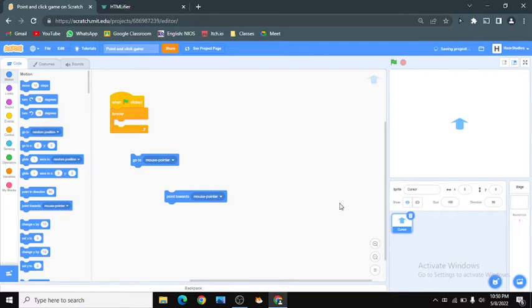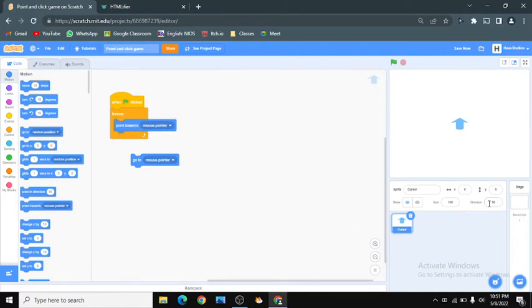Point towards means it will basically change the sprite's direction by your mouse. So if I do this, it will change its direction.